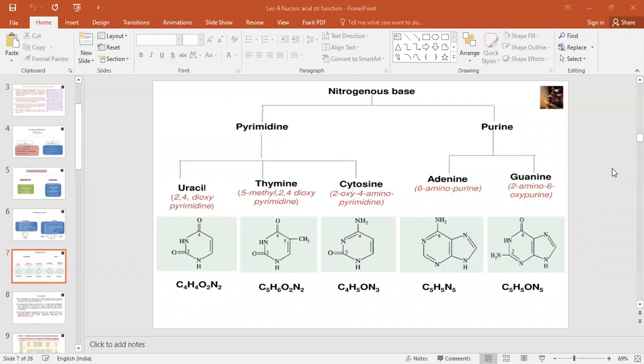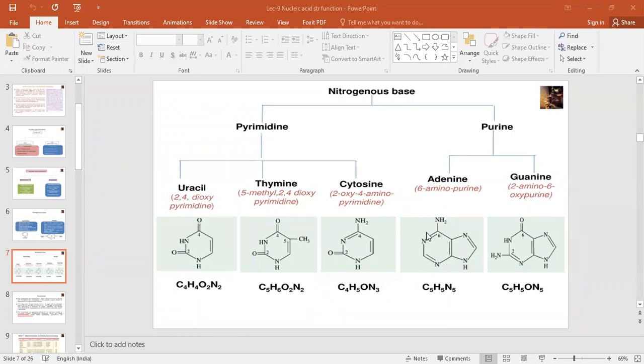Okay. Then next one, structure of purine. Adenine and guanine. These are the two examples of the purine. A and G. And in pyrimidine, T, C, U. These three are the examples of pyrimidine, and A and G, adenine and guanine, are the examples of the purine. Now, how to draw the structure of this? Adenine means 6-amino purine. You have to remember these molecular names.